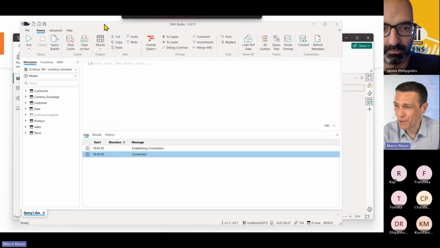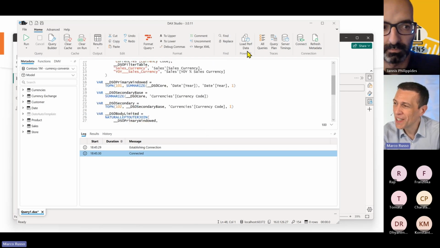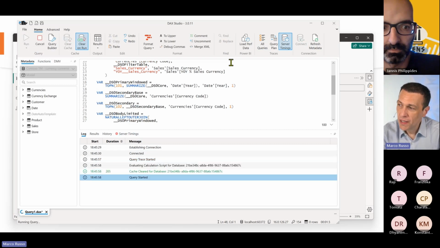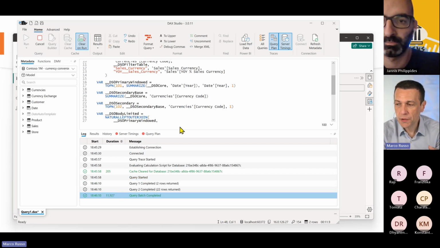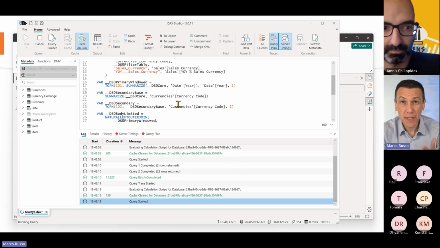So for example, first of all, I have to know that I had to open DAX Studio, I had to paste the code here, I had to click on server timings, click clear on run, and when it is ready, I click run. Second, let me also enable the query plan, because this way I will show you also the query plan, because there are different elements. The query plan describes how the engine planned to execute the query, and the server timings describes the actual execution